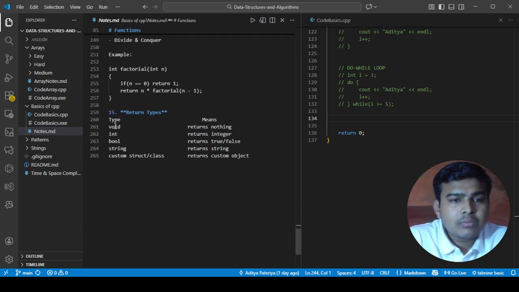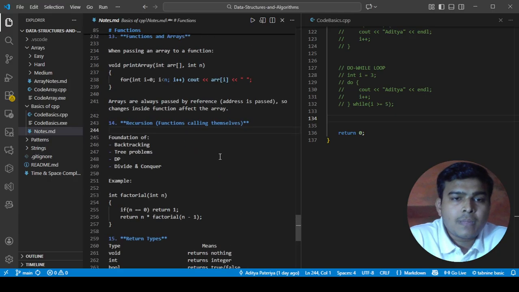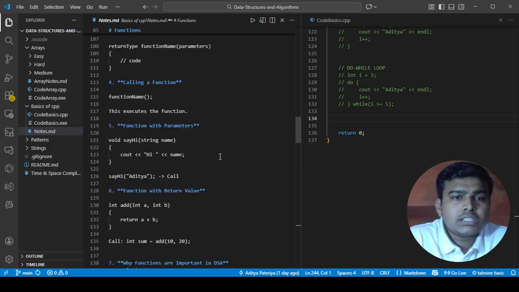And return types can be like void, integer, bool, string, custom, struct or class. So these are return types, where void does not return anything, integer returns an integer value, and likewise. So here we have just completed the basics of C++, and